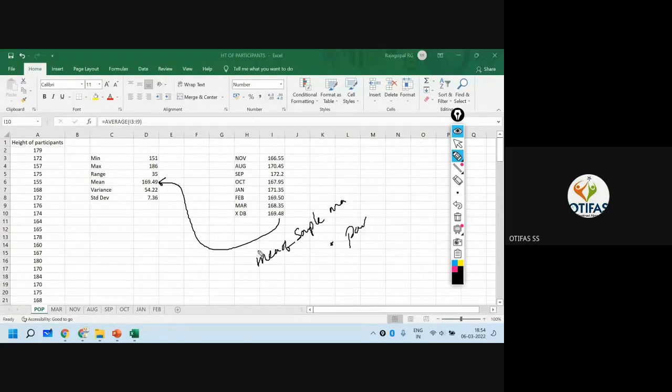So what is the best estimator? Here I have my sample data. Based on this, I can estimate, I can infer. So what is the best way of inferring the population mean? The population mean is equal to the mean of the sample means. So take more and more samples and find the average of those sample means, and that is equal to the population mean. Now this is one theorem called the central limit theorem.